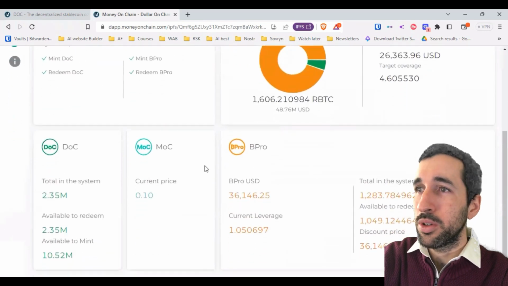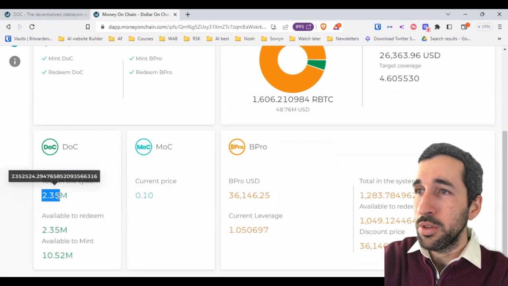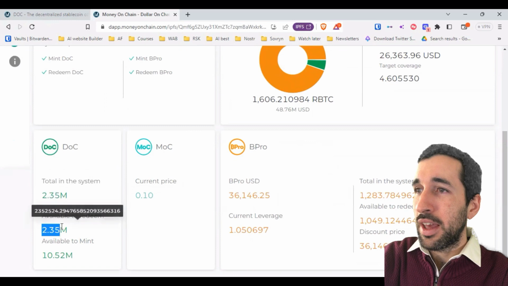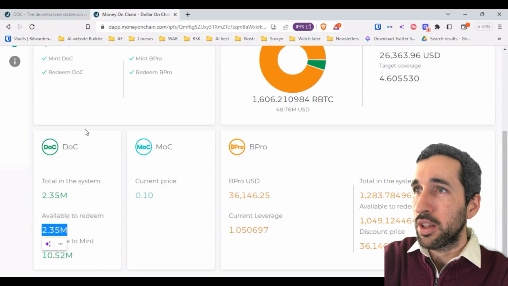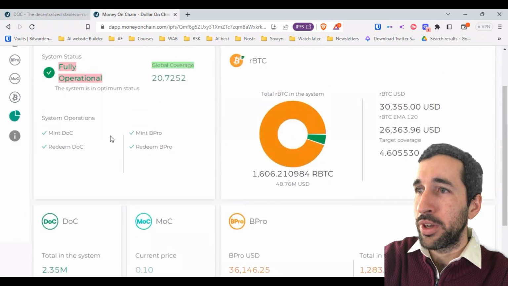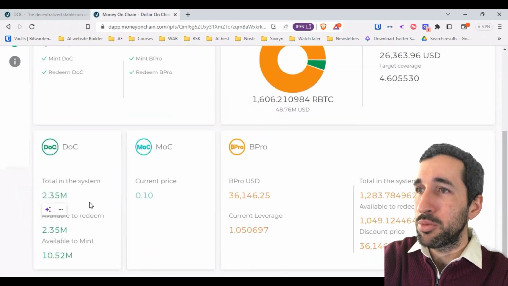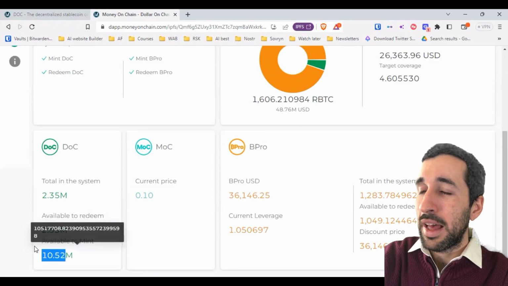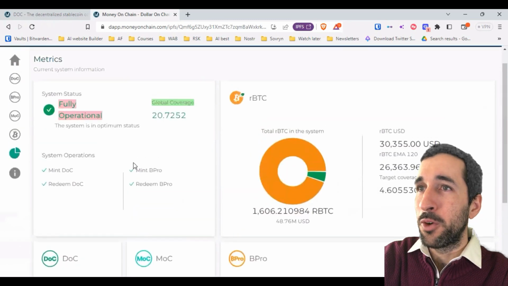The last thing I wanna show you is that if you go right here in DOC in the system, we can see that there's 2.35 million DOCs issued. Anybody can redeem their DOCs. When the system is running fully operational, then the number in the system should be the same as the available to redeem. And available to mint, this means that we could mint another $10.5 million before the global coverage